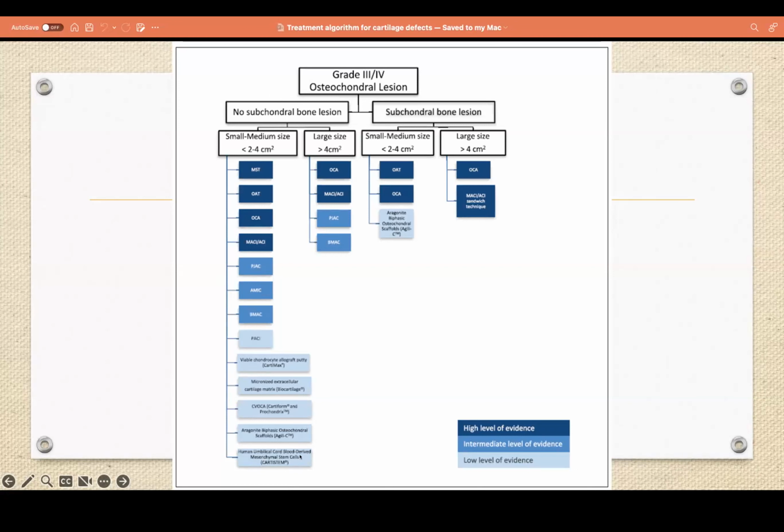And most of the new techniques under study are again confined to just this category, addressing cartilage defects with intact subchondral bone. As you can see, the classically described procedures like marrow stimulation, autograft transfer, allograft transfer, or ACI have shown a very high level of evidence and have been tested over time. Other techniques like juvenile allograft, AMIC, and BMAC are showing promising results, but again, long-term results are awaited. Other new techniques are very recent modalities, so long-term results are not available, and the efficacy and safety of these modalities is also questionable. So moving on to the large size defects, as you can